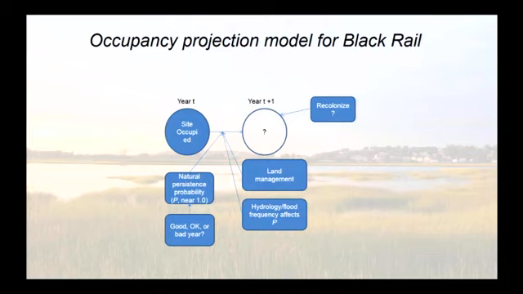So if it's a good year, we draw that natural persistence probability from a distribution that's really, really high, like 0.99, 0.98. If it's an okay year, we were drawing from a distribution with a mean of about 0.6. If it was a bad year, we drew from a mean that was about 0.34. And then those persistence probabilities could be modified by